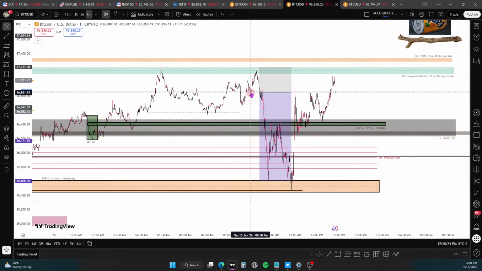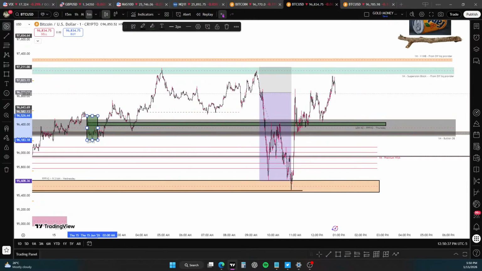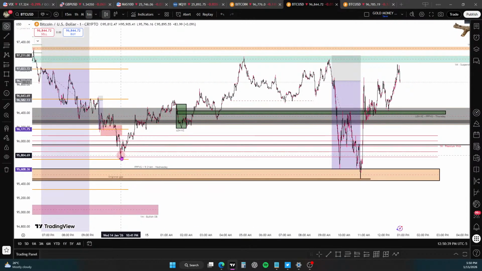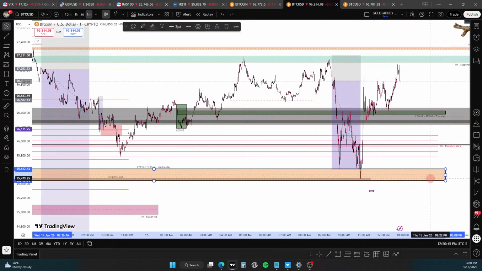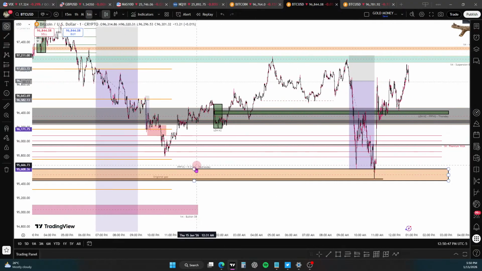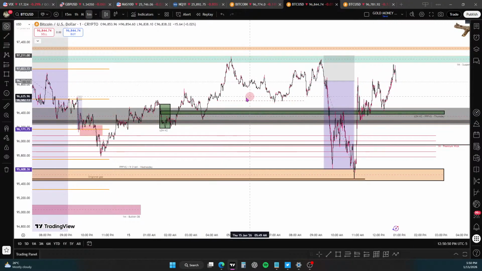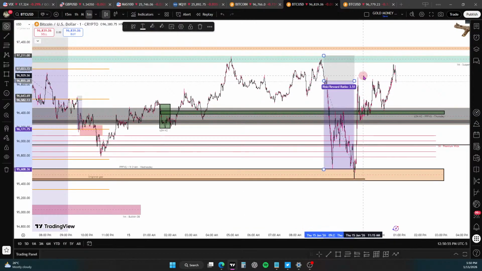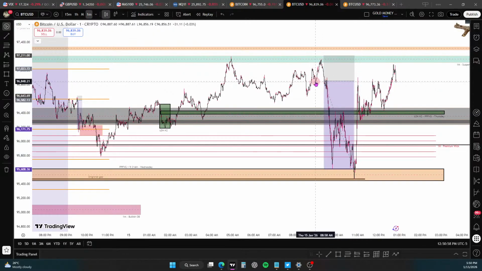You can see this low is being taken out. We've failed to get back into this range, and then it looks like the market is itching to go lower into this low, this low, these lows, and my overall target is this, because this was already on my chart. So that's my target. This can be a real entry. Look, 3.5 to 1, and that is entering on the shift in market structure here.